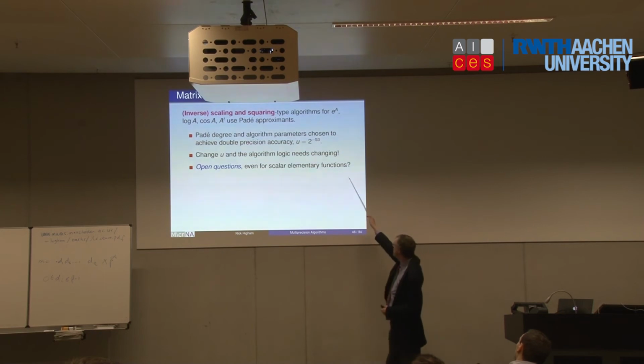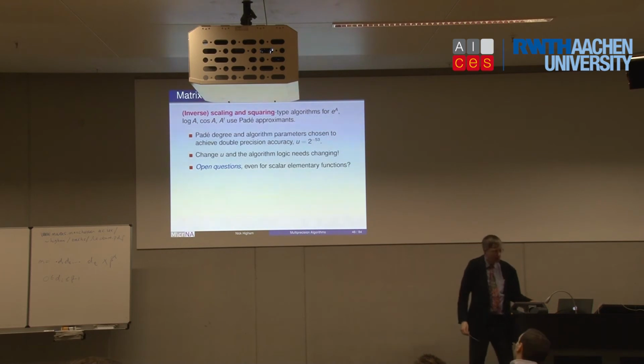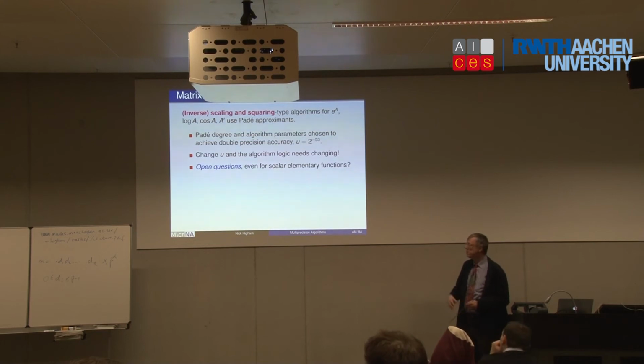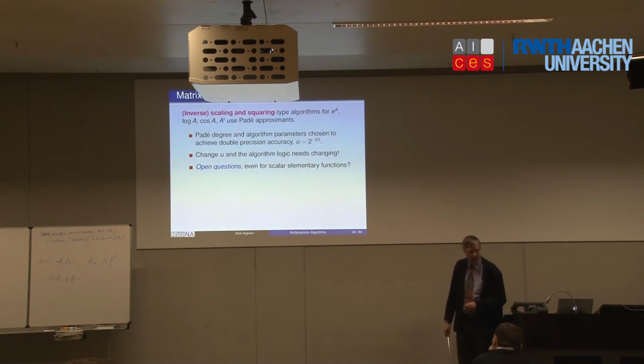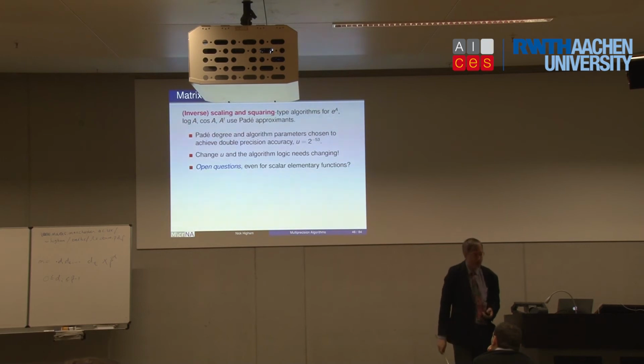Now, I think even in the scalar case, there's probably some open questions, because from what I know about the way, say, the MATLAB library, whatever it's called, does elementary functions, it's the same sort of picture. Computing the cosine, you have to do range reduction to get onto a certain interval. You then use a polynomial or rational approximation to the cosine on that smaller interval. And that approximation will be tuned for the precision. So if you now go to quad or higher, I'm not sure if that has really been looked at carefully for higher precisions yet. So going to high precision has implications for algorithm design.